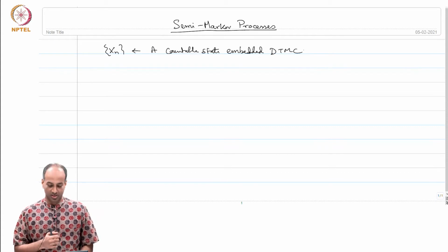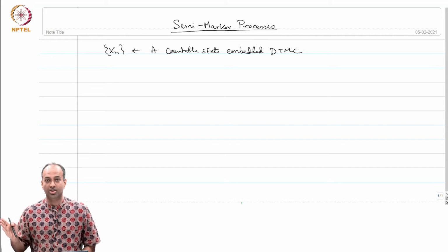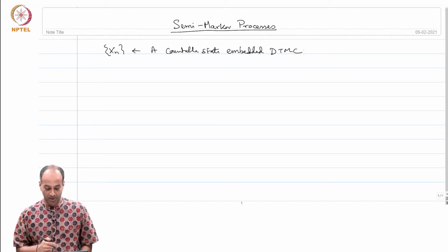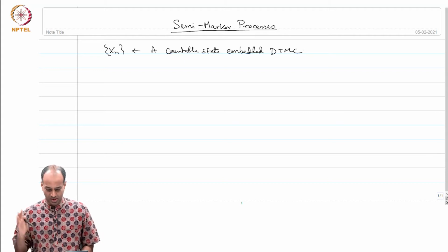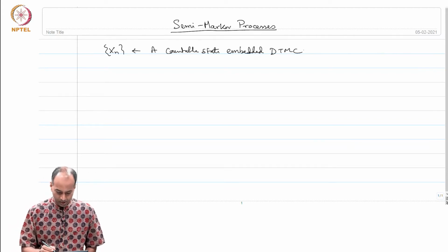For a Markov process, in each state you have an exponential holding time. So if you are in state j, you hold for exponential nu j, right. In a semi-Markov process, you can hold for any general distribution. Okay. And the way it works is that